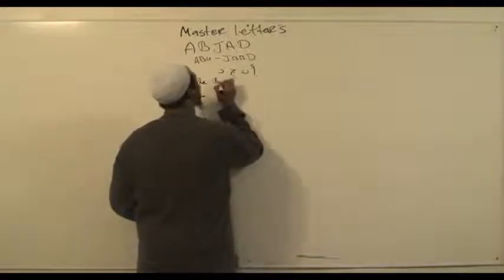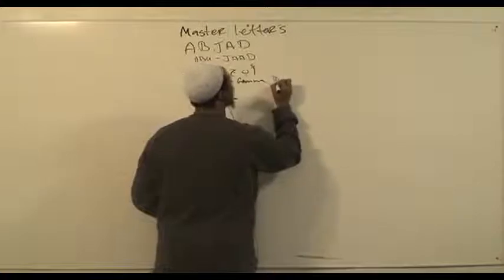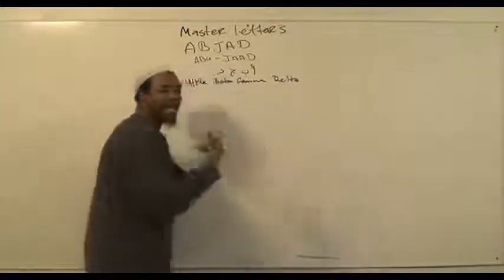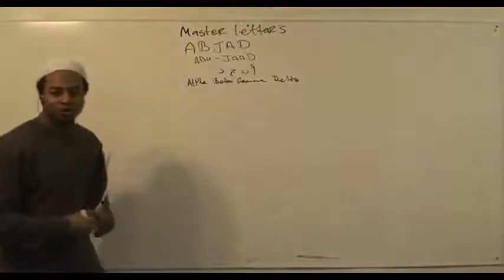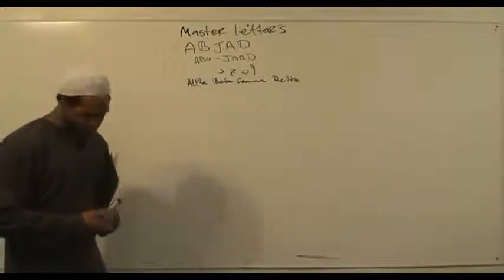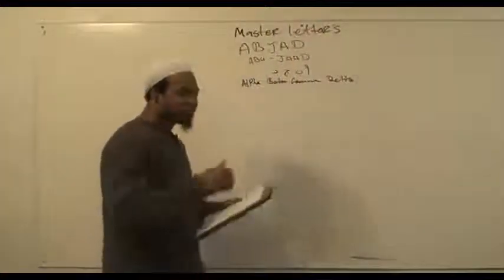Alpha, Beta, Gamma, Delta. So we can learn Latin at the same time, right? Because they follow our same program. Then we went on, as a quick review, and we said, now Alif is the